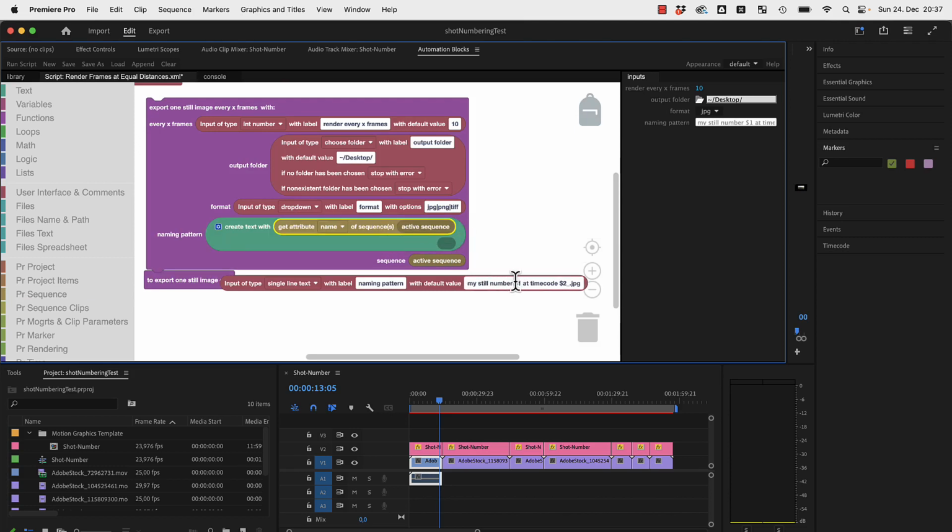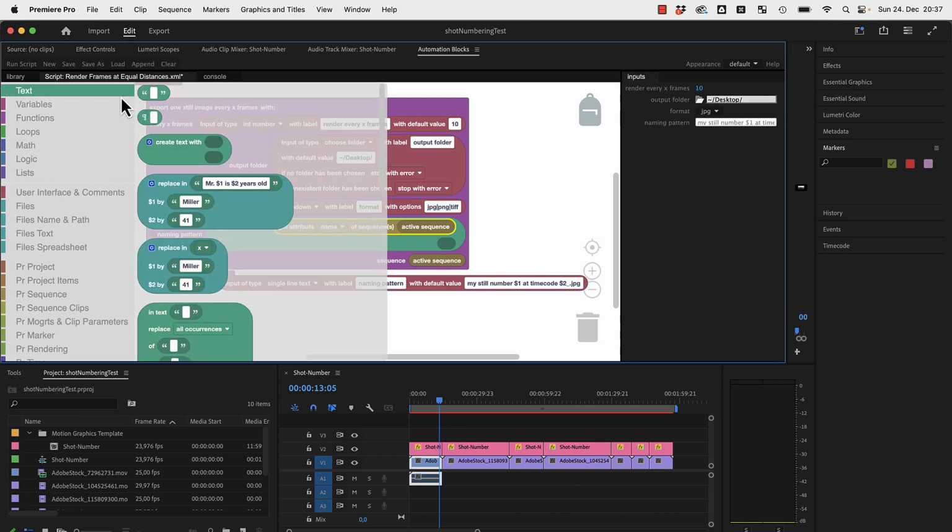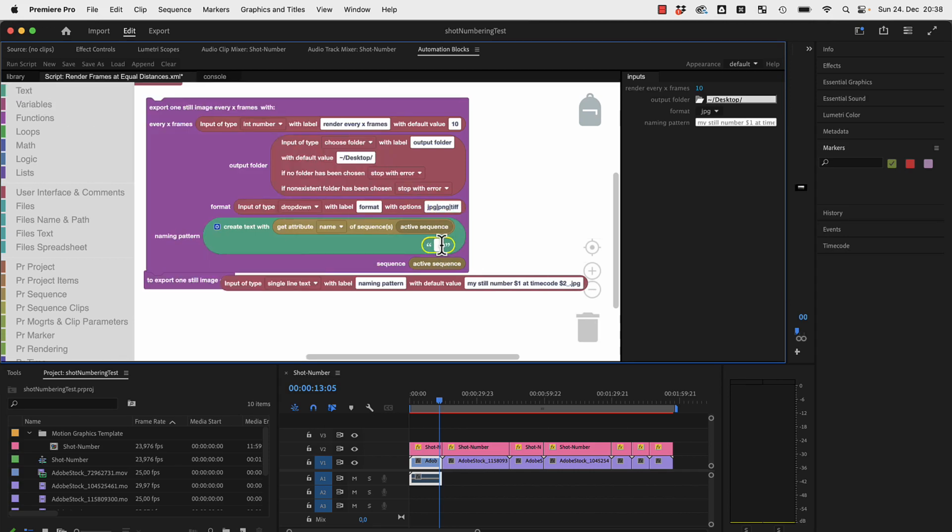And after that, you need to add something, right? You need at least to add $1 or $2 because it should probably either include the number of the still or it should contain the time code. Let's say after the sequence name, you want to put the time code. So we put here a text after the name $2. This will, after the name of the sequence, insert immediately the time code, and then underscore .jpg, for example, if you want to export